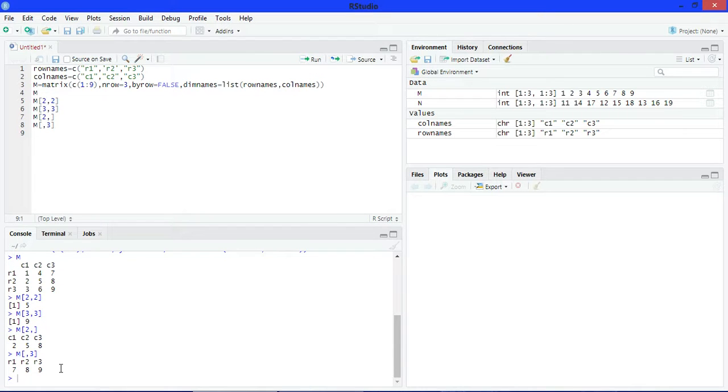We can also do arithmetic manipulation in matrix. Make two matrix. Erase it.